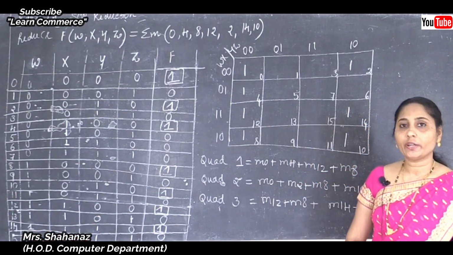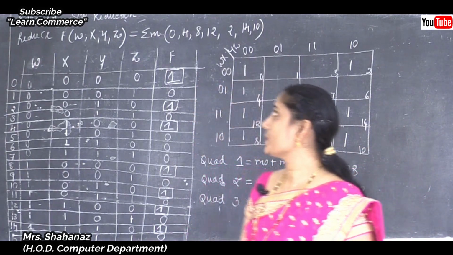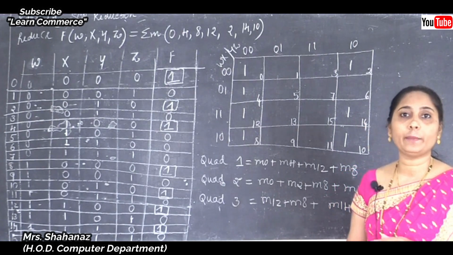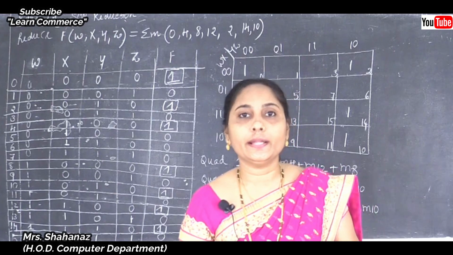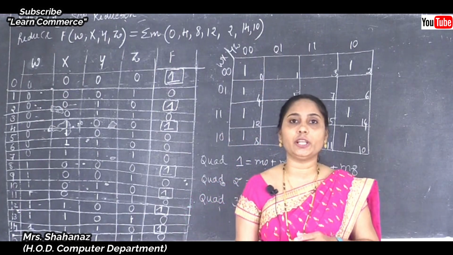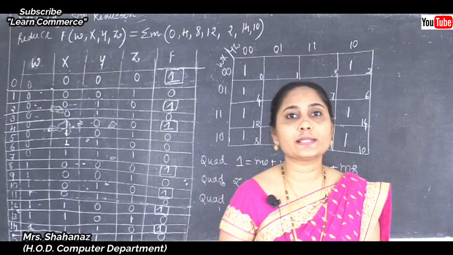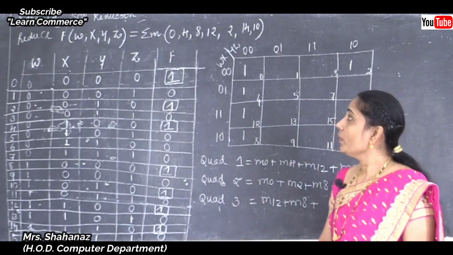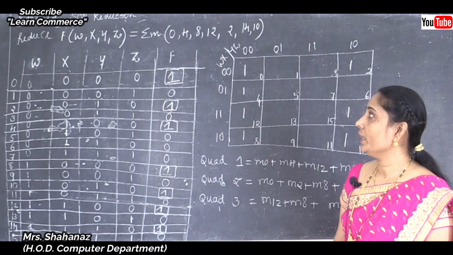Now we have already completed 2 programs by using this concept. The concept is the rules for SOP reduction. But still, here we completed it by using the variables A, B, C, D. Now in this example we are going to change the name of the variables, that is W, X, Y, Z. So we know that the concept is the rules for SOP reduction.